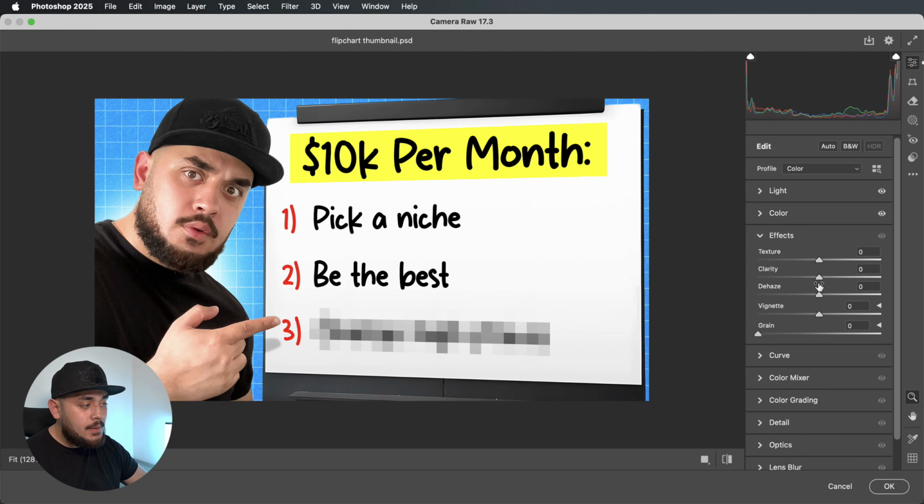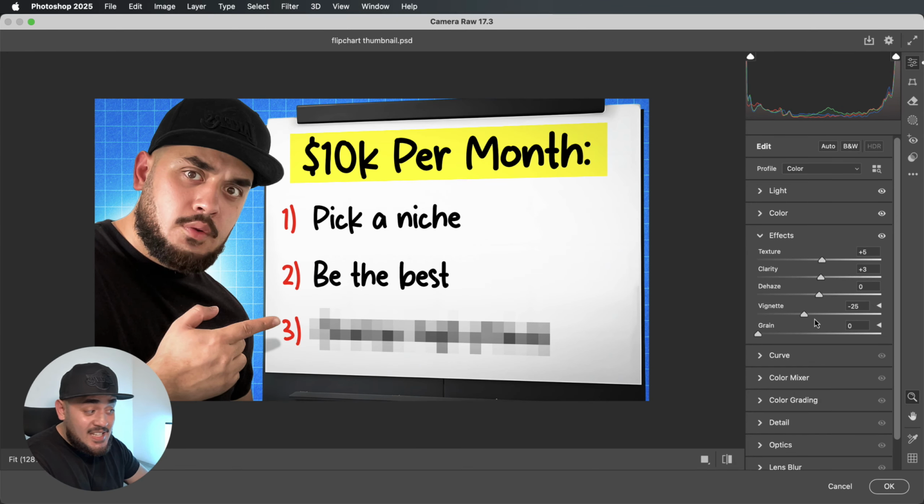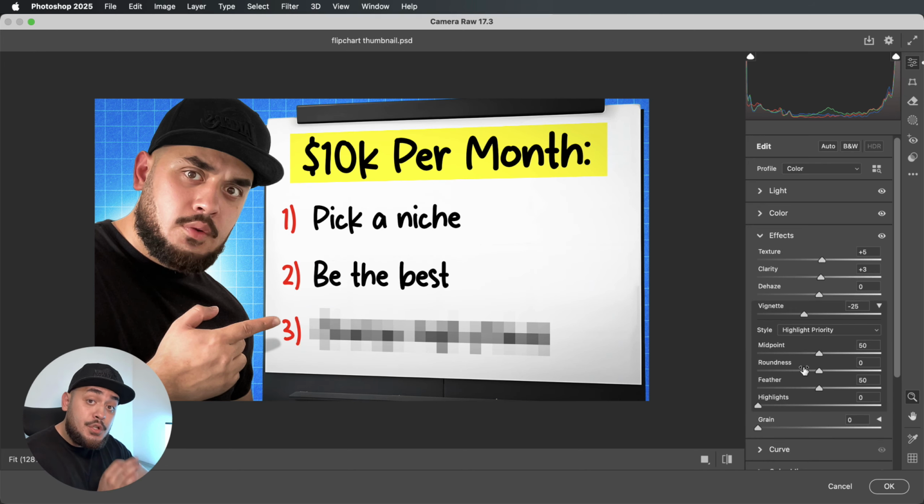So what I'm going to do here is just increase the texture ever so slightly to maybe +5, and let's increase the clarity a very slight touch, maybe to +3, and then let's add a vignette to this thumbnail. So what I'm going to do is just add a bit of a vignette, so taking the slider to the left, as you can see, and then we can just adjust the settings of this vignette. So click within this arrow right here, and it now gives you more options, more settings to alter the vignette